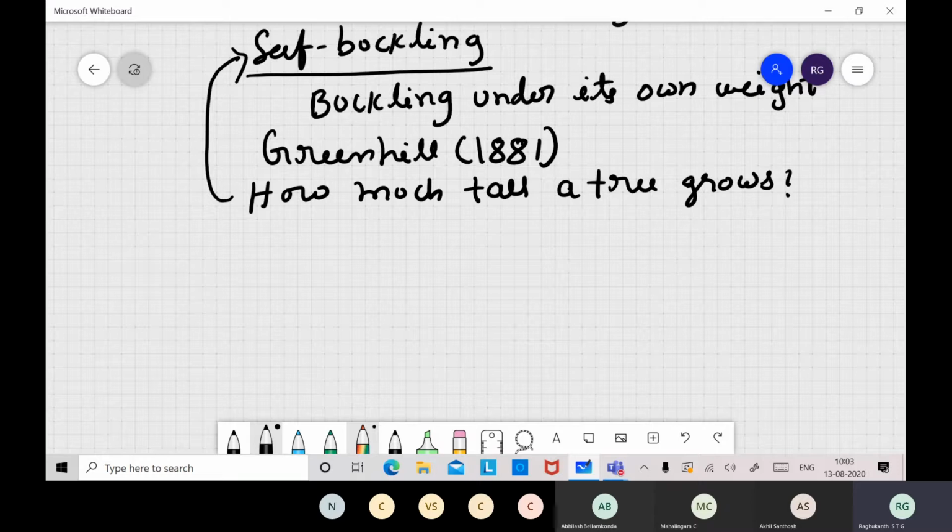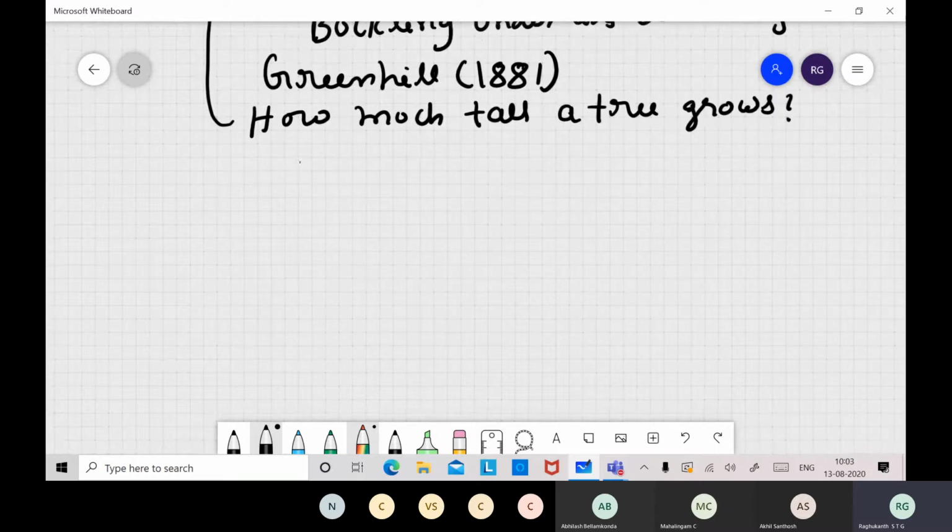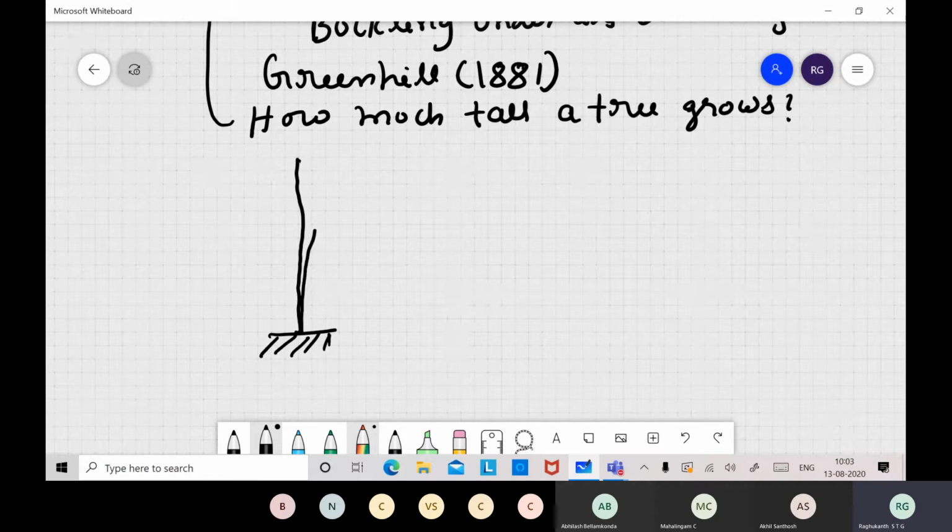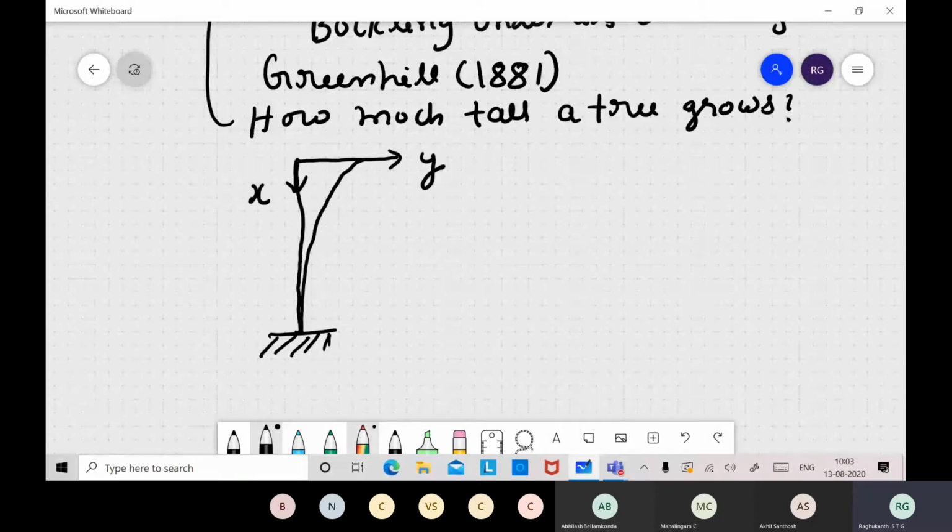Now you would have seen this Greenhill paper itself, which I showed you last class. If you take a cantilever, he has done this essentially for trees, so trees are modeled as cantilevers. Now let us say this is a deflection profile of any tree. We take the coordinate system at the top, because in Greenhill's same derivation, your x is not at the fixed end, your x is at the free end itself. Now if you take any cross section,